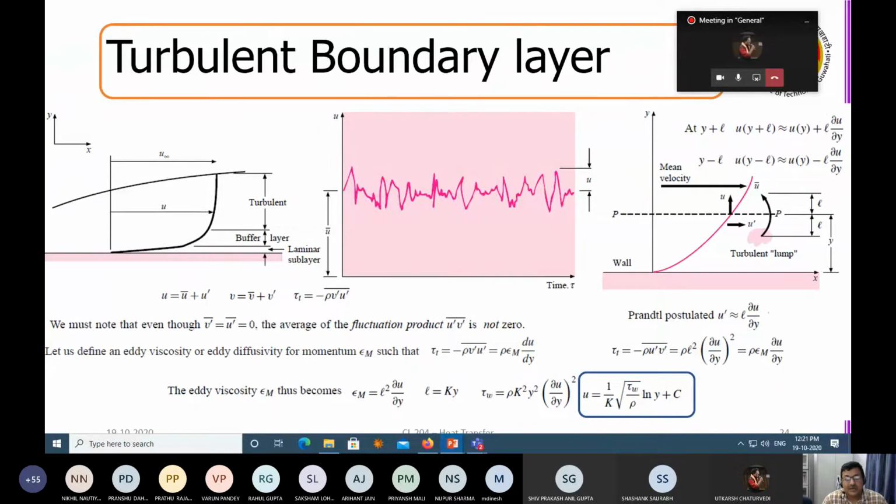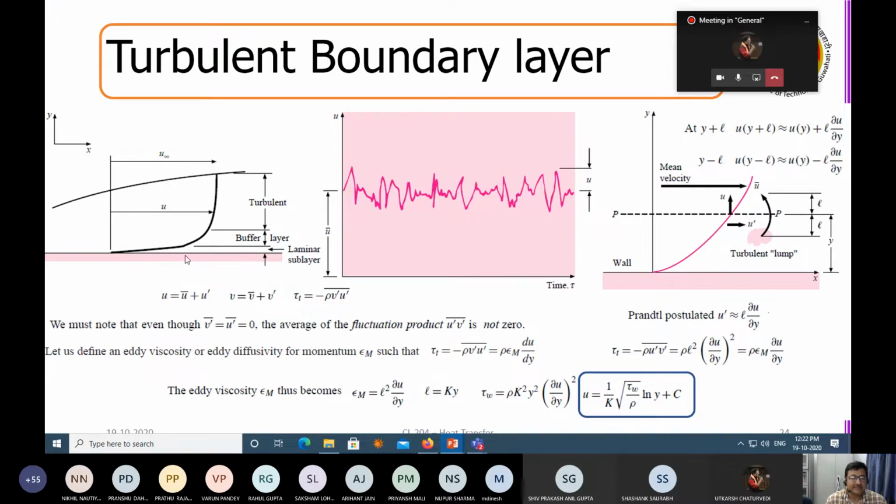Now, in laminar only, the situation was so difficult, so you can understand how difficult it is for a turbulent boundary layer, right? So people again started modeling this thing in a very comprehensive manner. By the way, one thing you should remember, that when I talk about a boundary layer, the boundary layer means the entire thickness, this thickness.